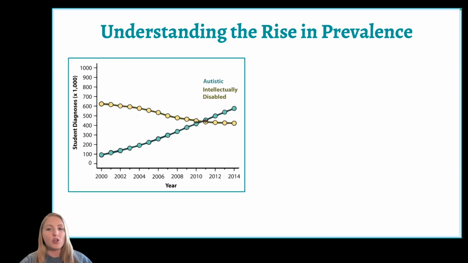This reciprocal relationship is not a mere coincidence, but instead suggests that some individuals who in the past might have been lumped into the category of intellectually disabled are now more accurately being recognized as autistic. This is especially true for autistic people with very high support needs, sometimes referred to as level 3 or profoundly autistic, which typically includes individuals who may be non-speaking and/or have IQs below 50.